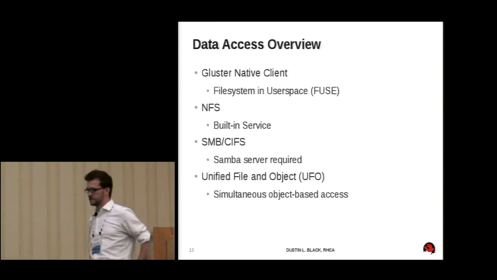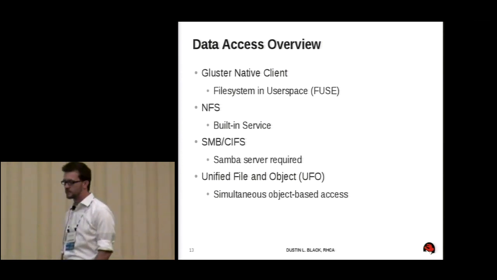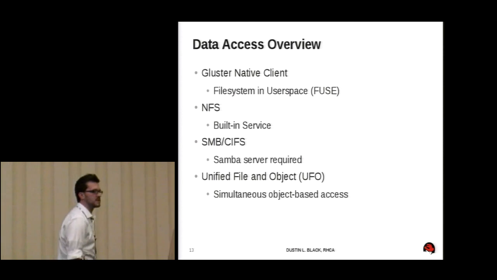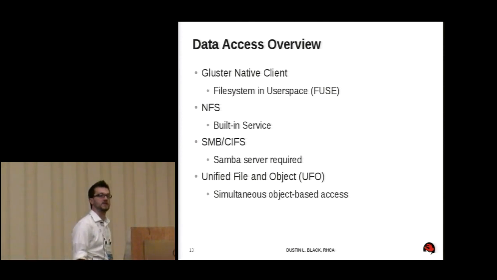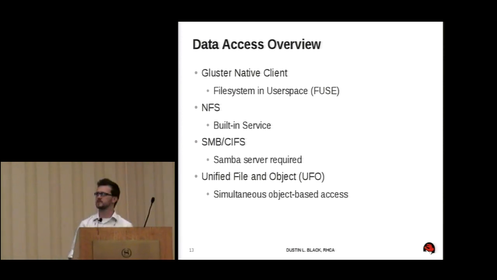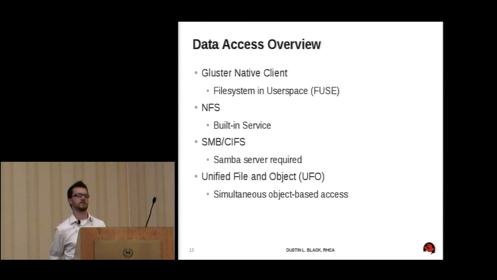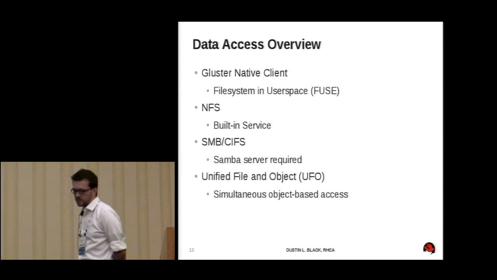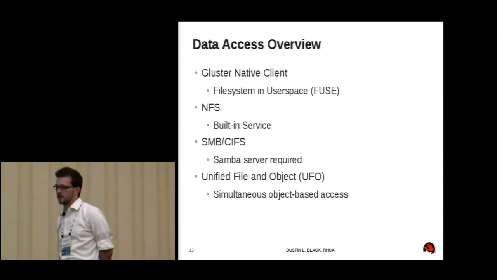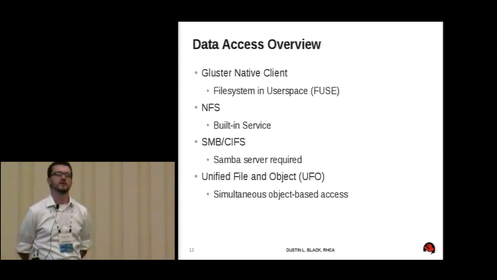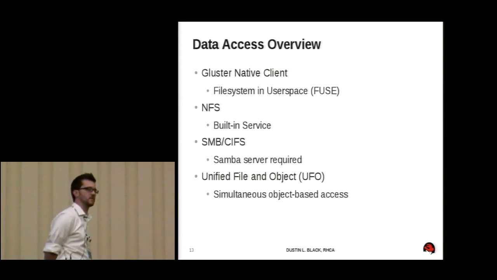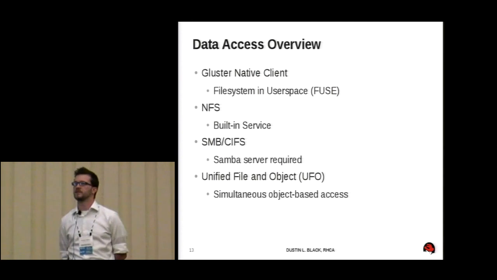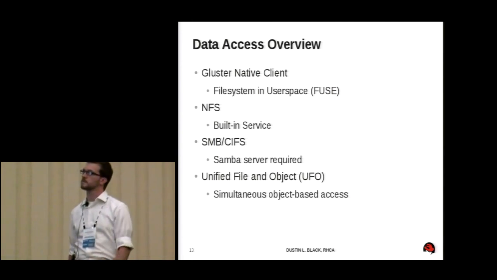Okay, data access. So I've got this data on the server. What are my options for getting to this data? And we've talked about some of these options, and these options are growing over time as well. But this is what the main resources that you're going to see on the client side for getting to this. The Gluster native client, which is the file system and user space client, is typically going to be the best choice for most workloads. There are going to be cases where the NFS is going to be preferred, or one of these other methods, depending on what your architecture requires.